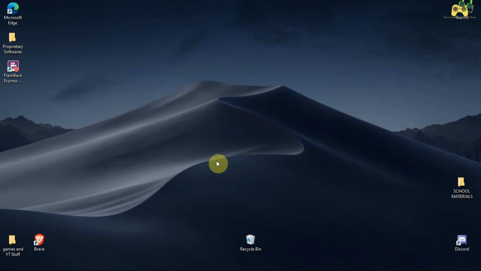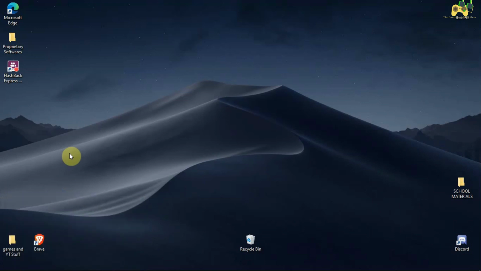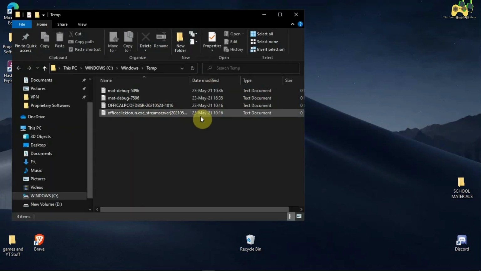So what you want to do is press the Windows key and R, so you will get this Run window. Then you want to type temp, then hit enter, and the window of the temp folder will open in a second here. Yeah, and you can see here that there are some files.